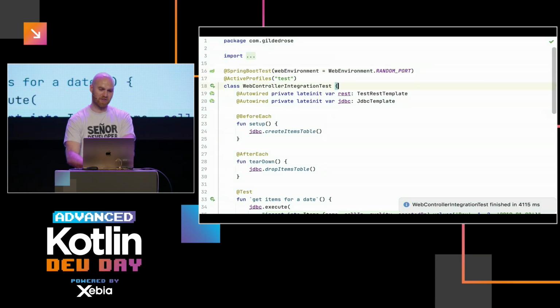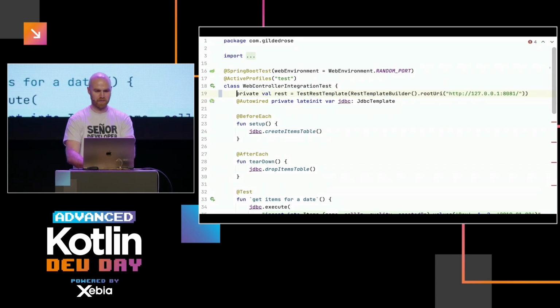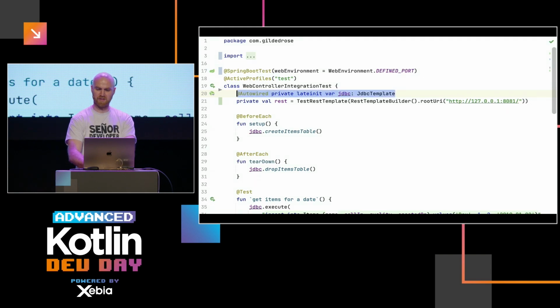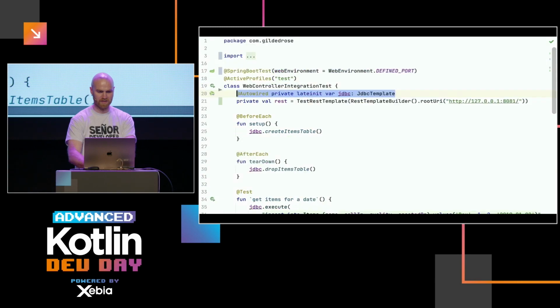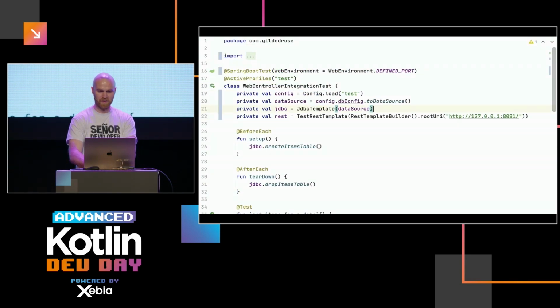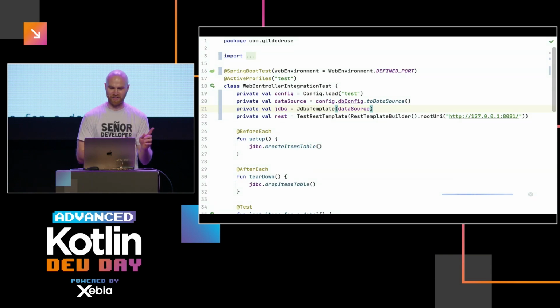It has these annotations which start an actual web server on a random port. And it creates an actual REST client for HTTP and, again, JDBC template. So what we could do, we could maybe replace this template with manual constructions, like, again, just trying to move out of auto-injected things. But then if we hard code the port, we should probably have a defined port so they match. And to construct JDBC, we just did it here, right, in this test. So we could actually do it like this here. And this should still work, and it's still testing the old Spring controller.